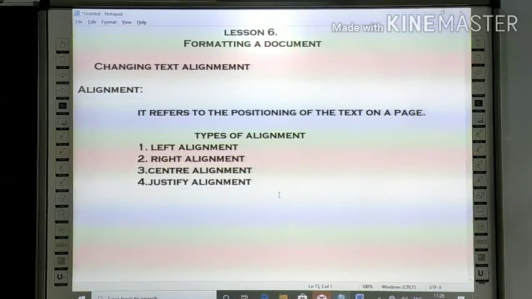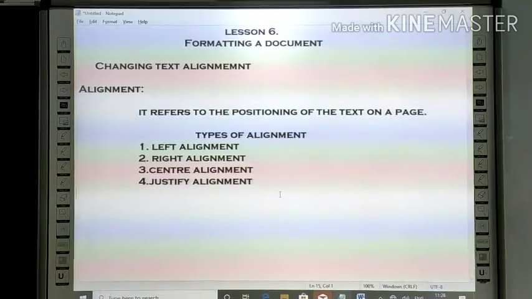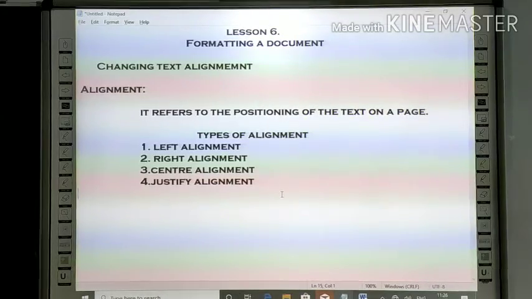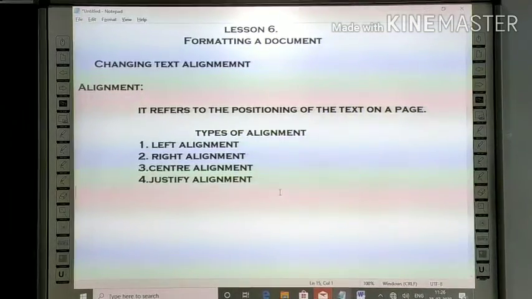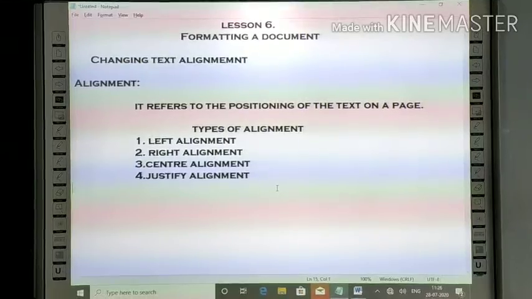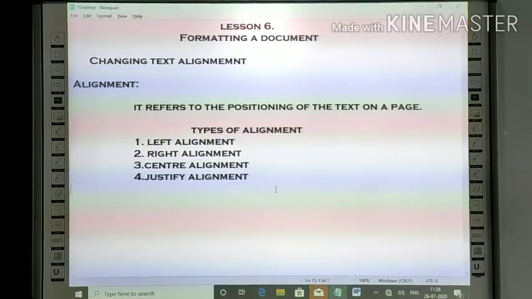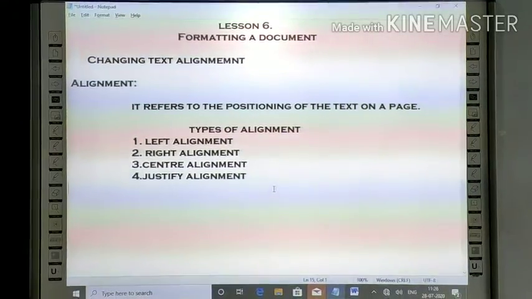So to set alignment, we need to select a paragraph and go to the page layout section and click on paragraph. A dialog box will appear and select the required alignment by clicking the drop down arrow next to the alignment under the general section. So with the help of these steps we can set alignment to our text.